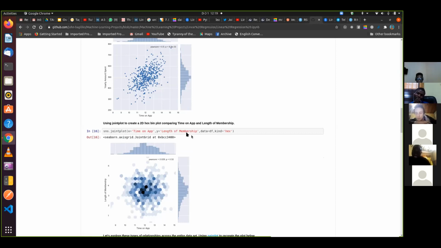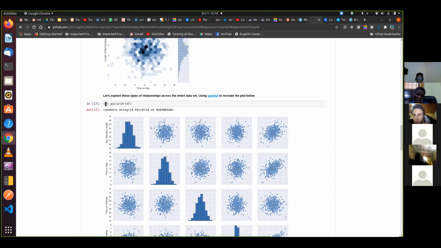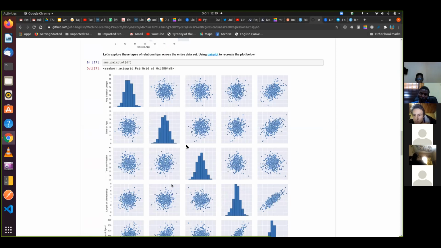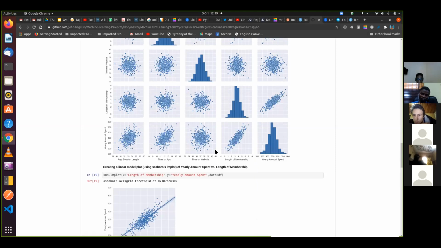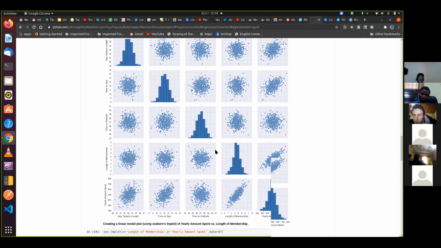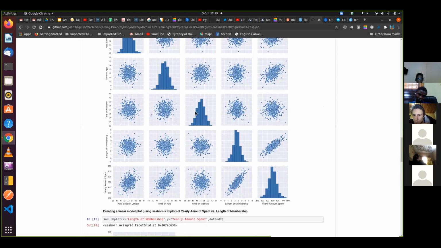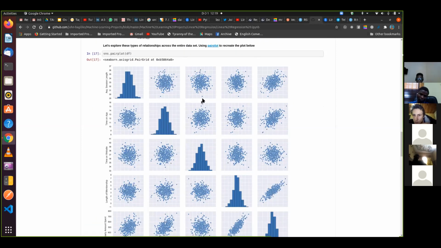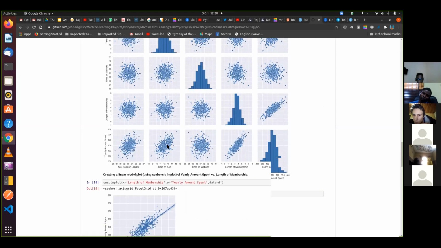And time on app versus length of membership. Well, this would be better. You just do the sns.pairplot of the data frame. When you do this, it also gives you a plot of all the numerical values. Yeah, as we saw in R, but for R we had to specify the numerical columns, else it would still put some funny graphs for even the categorical fields. So that's something